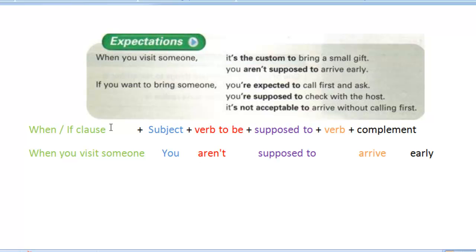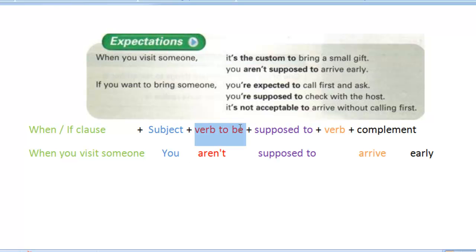The structure, the way that it works, is that we're going to use either a when or an if clause. And what do I mean by a when clause? Well, it's this situation that I mentioned here at the beginning. When you visit someone, right? If you want to bring someone, that's what I refer to when I say a when or an if clause. That's what should be here at the beginning. After that, you should include a subject. In this case, the subject is you. All right. So the expectation is when you visit someone and then you,